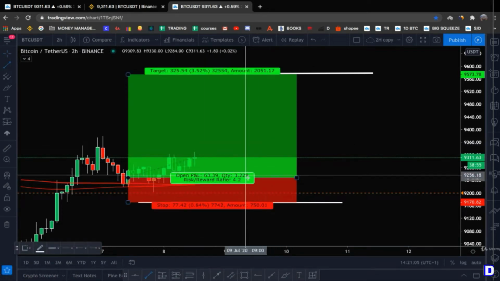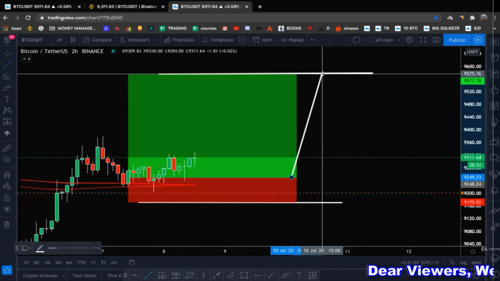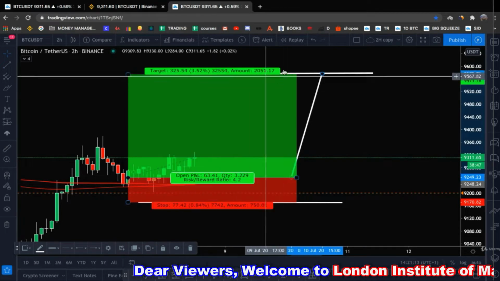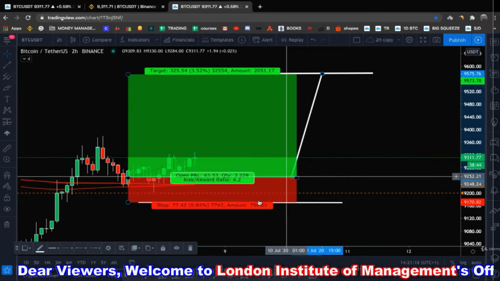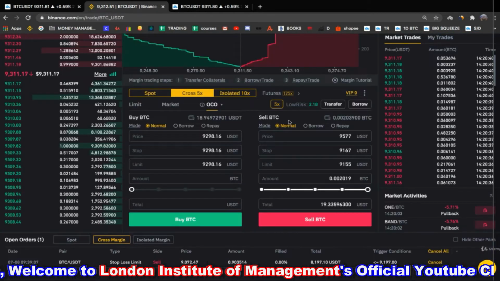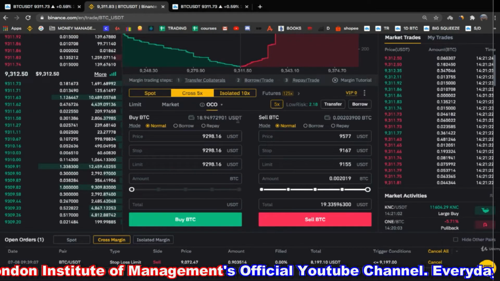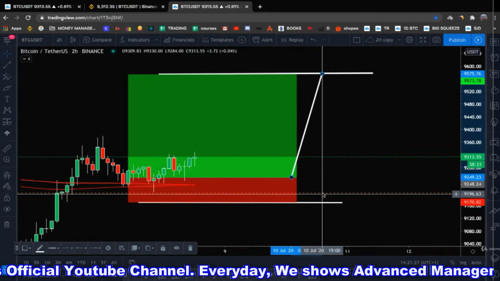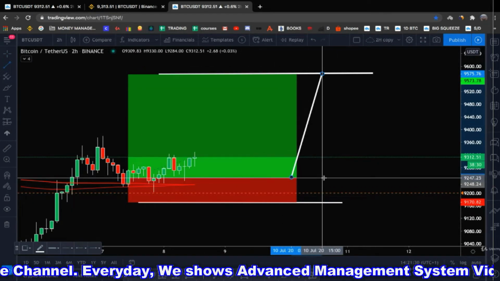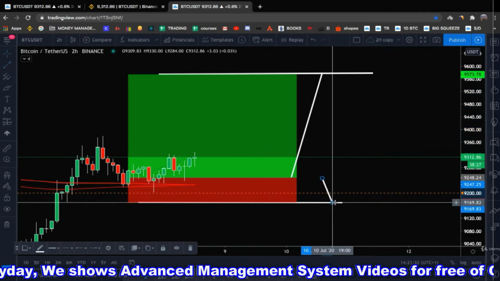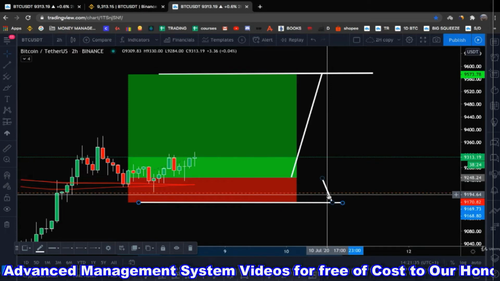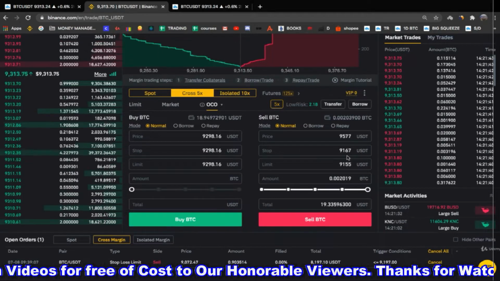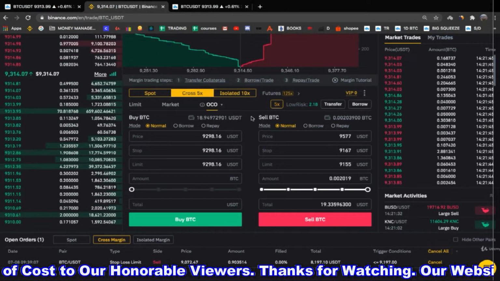So in this case, you bought here. If price comes to this level first, then the order will be executed. You will sell your Bitcoin and the other order will be cancelled, right? This is why it's called OCO, which means one cancels the other. Whichever of these two gets executed first, the other will be automatically closed. The other scenario is that the price first came down here. It means that your stop loss will be triggered and you will exit this trade, and this order right here will be cancelled, right? So this is the OCO order.